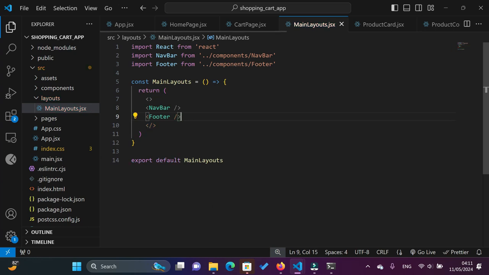Once I've done this, we have the navbar and the footer. What about the content of the page? That's what we call the outlets. So over here,